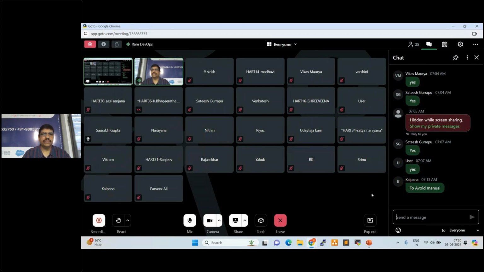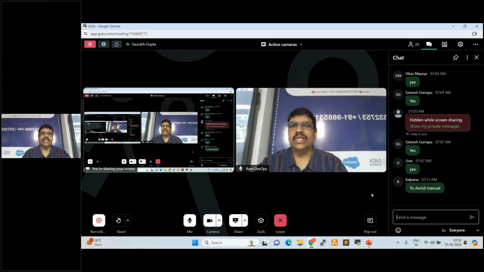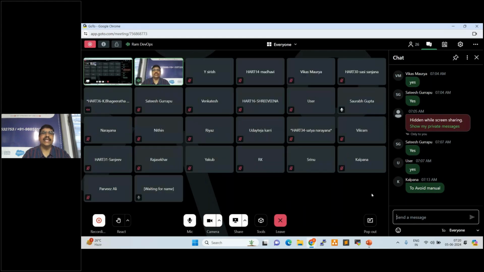For AWS cloud, is it going to cover up to a certain level, or only the basics? It is not basic. The AWS course will be covered at solution architect level, and nearly 42 services will be covered. Whatever services we use in real-time projects, all of those will be covered, not just basics. Only AWS takes nearly 40 days. We'll go very deep dive.